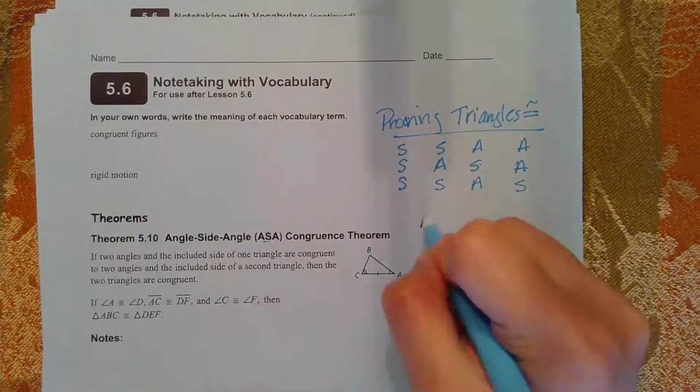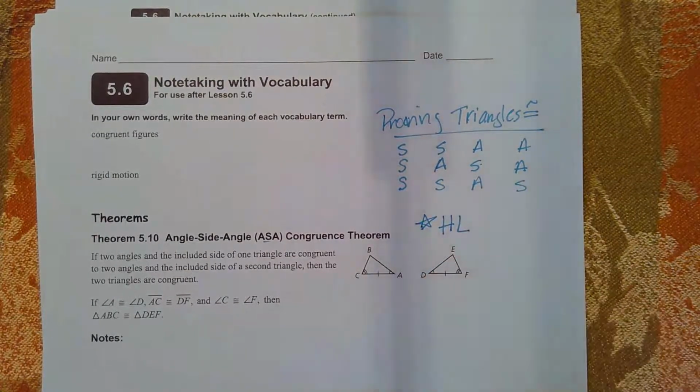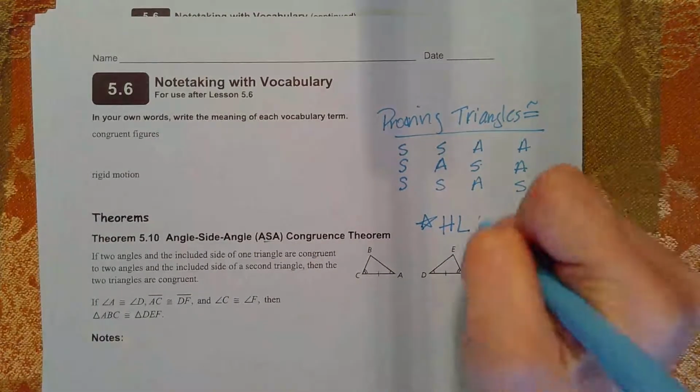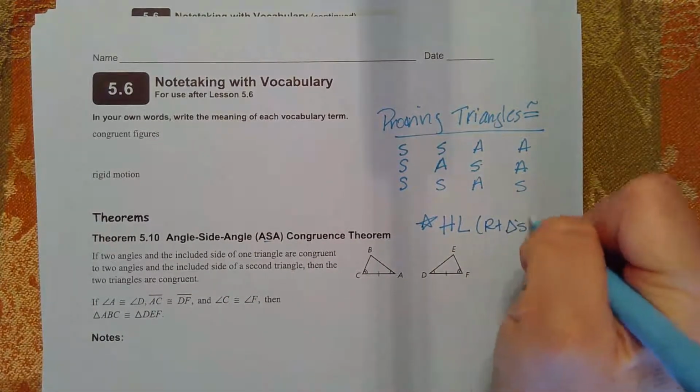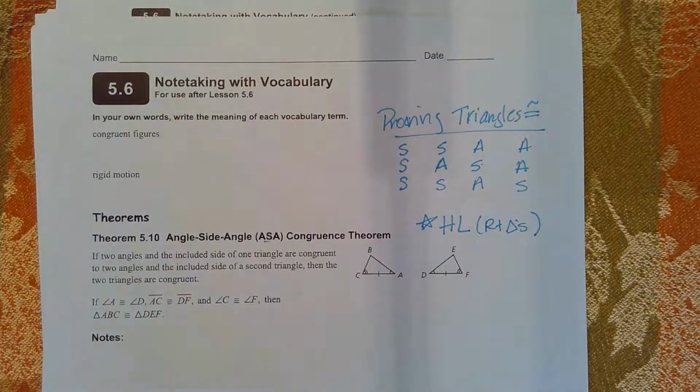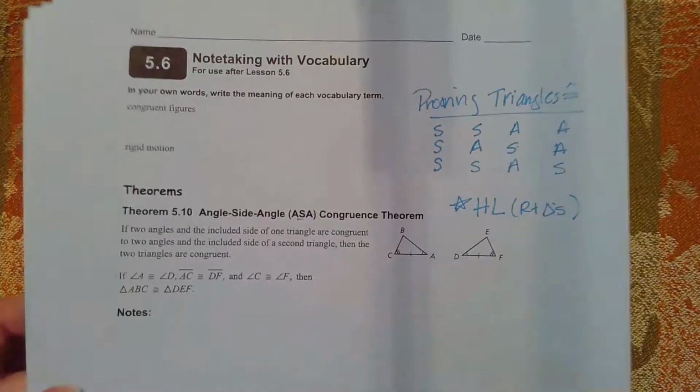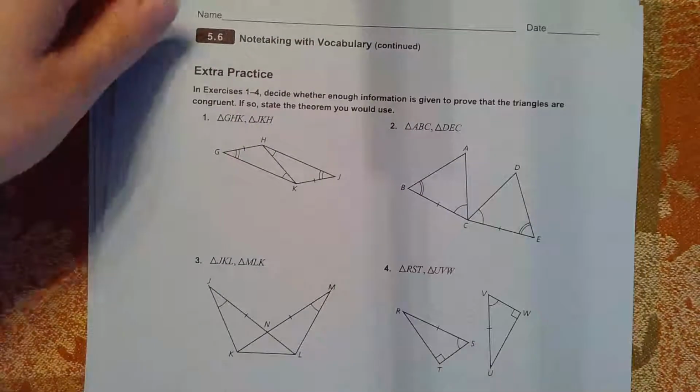And then let's not forget, we also have that HL, which is hypotenuse leg, but remember that's only for right triangles. If we can show in two sets of right triangles that the hypotenuses are congruent and one of the legs are congruent, then we can show that the triangles are congruent. All right, so now that we know that we have all four, well, five kind of sets